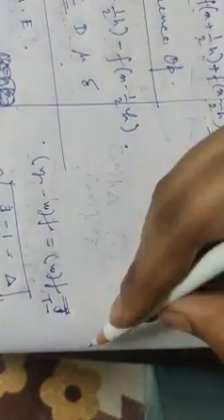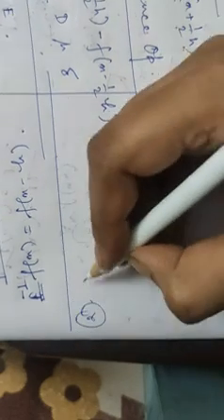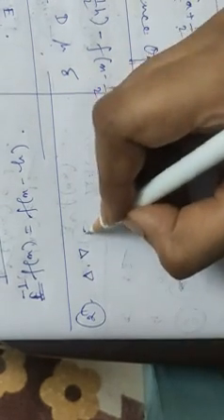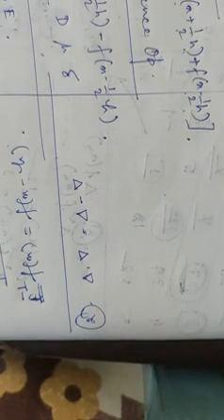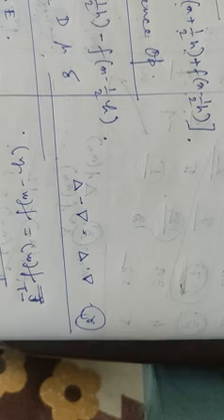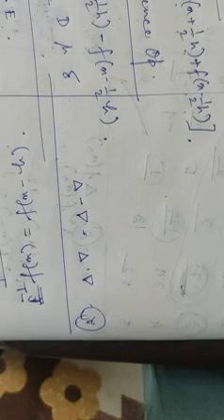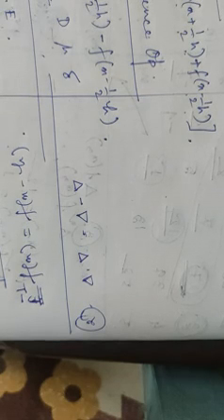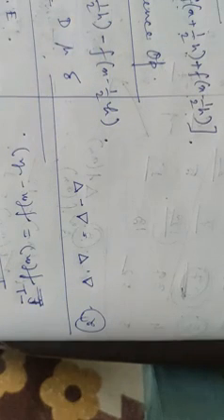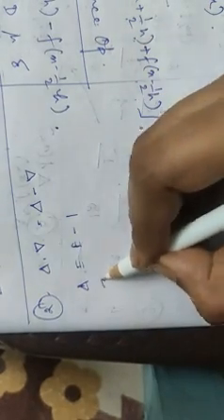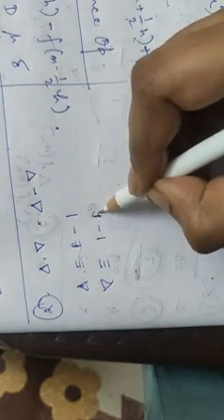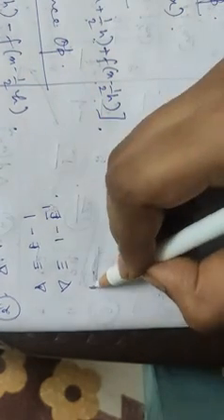The next property is delta dot backward delta equals delta minus backward delta. You can prove it by the definitions of these two operators, the forward and backward delta, or we can prove it using the concept of E, which makes the proof easier. So delta is equal to E minus 1 and backward delta is equivalent to 1 minus E inverse, right? So starting with this, putting their values,